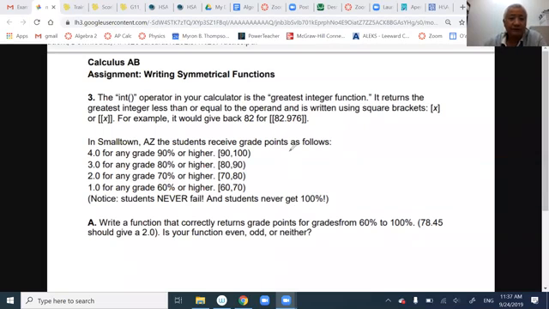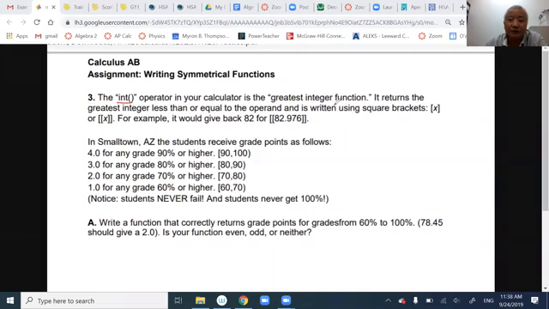Okay, let's look at this question. This is about writing symmetrical functions. First thing first, number 3. For number 3, they said that this one, the int parenthesis operator in your calculator, will be